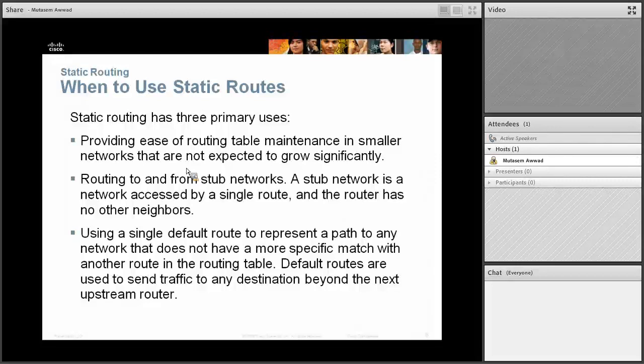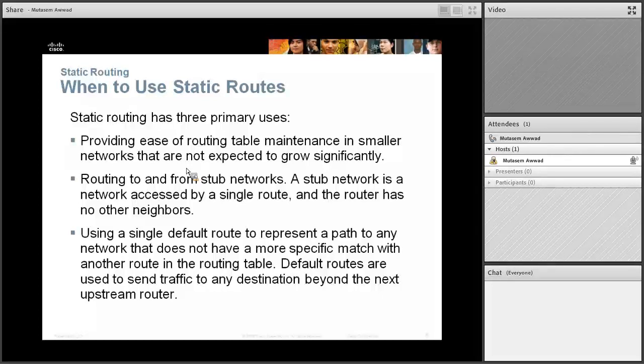Okay, the primary reasons why you want to use static routing. You reduce the entries in the routing table, because fewer entries means the router has fewer paths to look up, right? And if you have a stub network, like I said, if your only way out is to the next hop, there is no other reason but to use a static route. I mean, why bother running dynamic routing? And also you use a static route